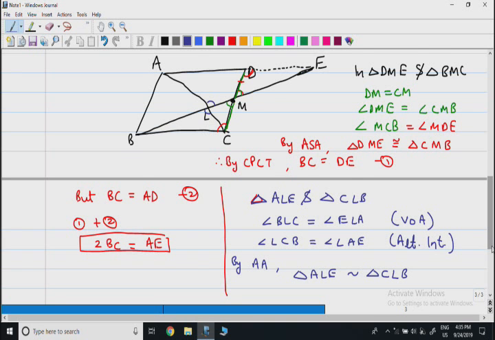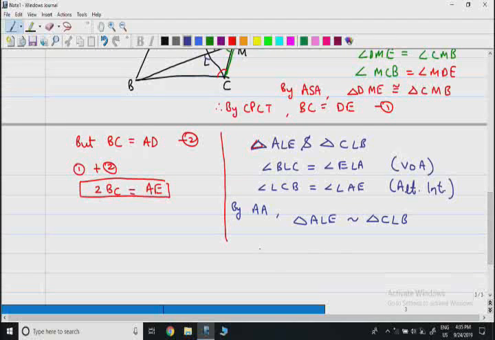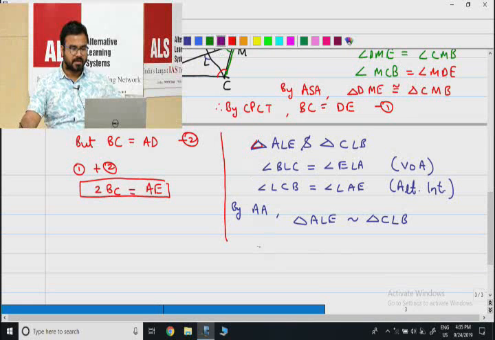So if these are similar, then we can relate the sides. The sides will be